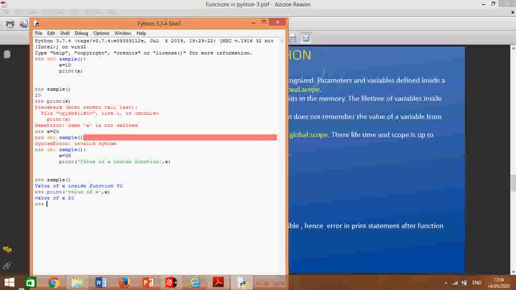But what if I want to use that global variable inside the function?